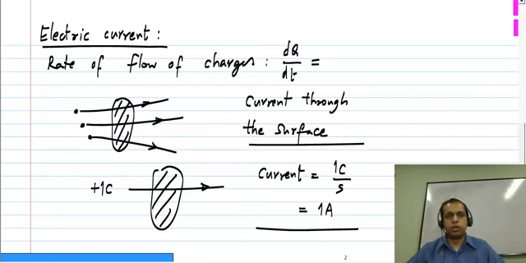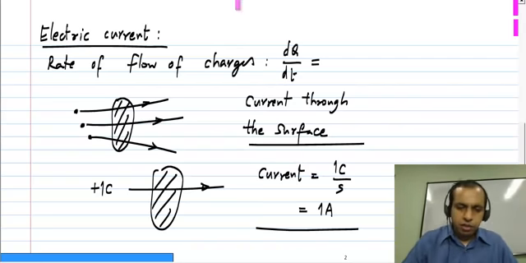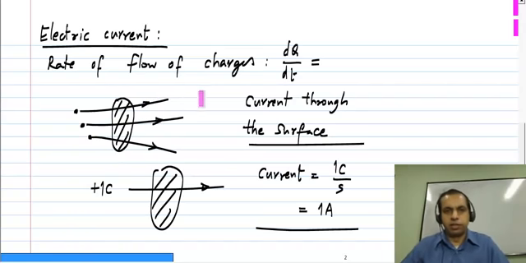So if you want to get a physical picture of this, you should imagine electrons moving in the opposite direction. Now this is a very general definition of current, and depending on how charges are moving across the surface, you can compute the current by looking at how much charge is moving across the surface in 1 second. Now,